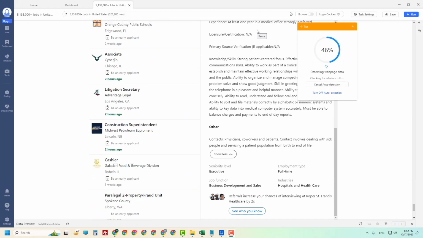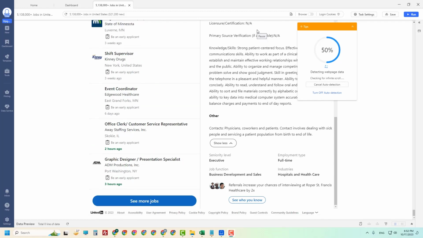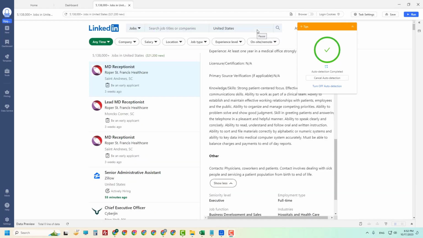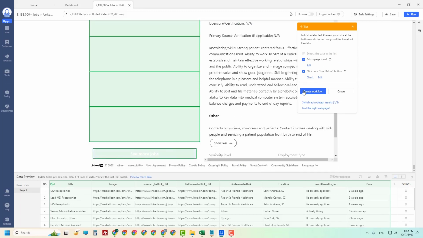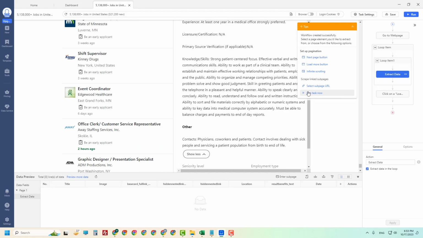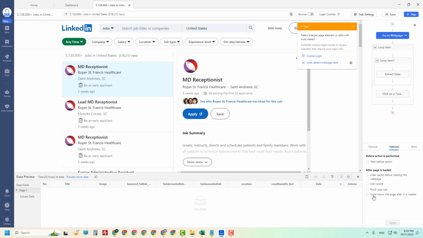It will keep on scrolling until it finds the button to load more content. You can check if it is correctly assigned. You can delete the information which is not required by you. Create workflow and then go to web page to make it scroll